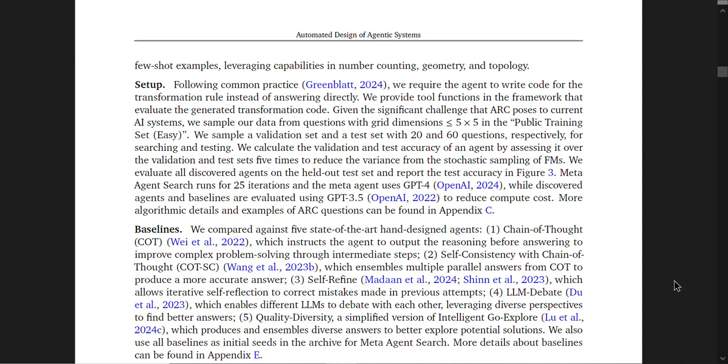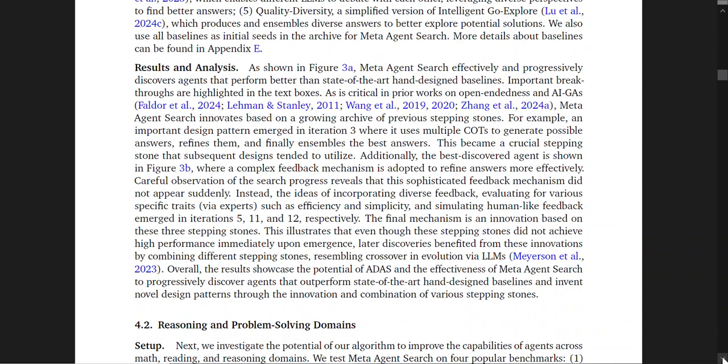Large language model debate, which enables different large language models to debate each other, leveraging diverse perspectives to find better answers. Quality diversity, a simplified version of intelligent Go Explore, which produces and ensembles diverse answers to better explore potential solutions. We also use all baselines as initial seed in the archive for meta-agent search. More details can be found in Appendix E.